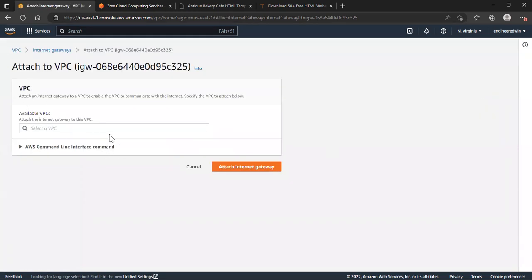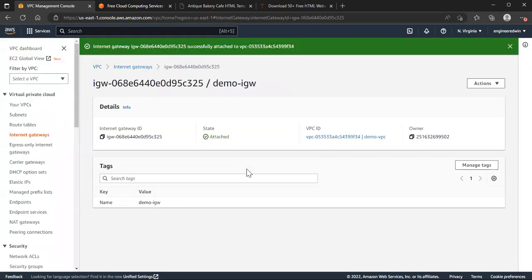So the VPC that is going to be available is probably going to be the VPC we have created, which is the demo VPC. So I have that. Then I can attach the internet gateway. Click attach. So right now you can see the state here. Our internet gateway is now attached to our VPC,